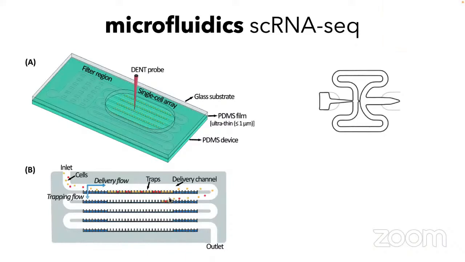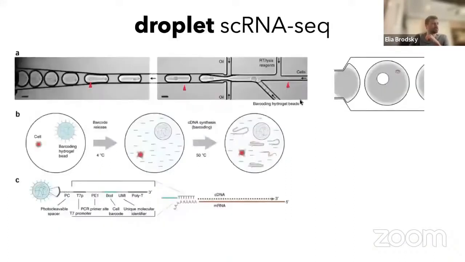And those cells, again, are cells that you would hope to then sequence at the end of the process, because then you can separate them. Okay, so this is that second option, right? When we have microfluidics. The final one, and probably one of the most successful ones, is the droplet single cell